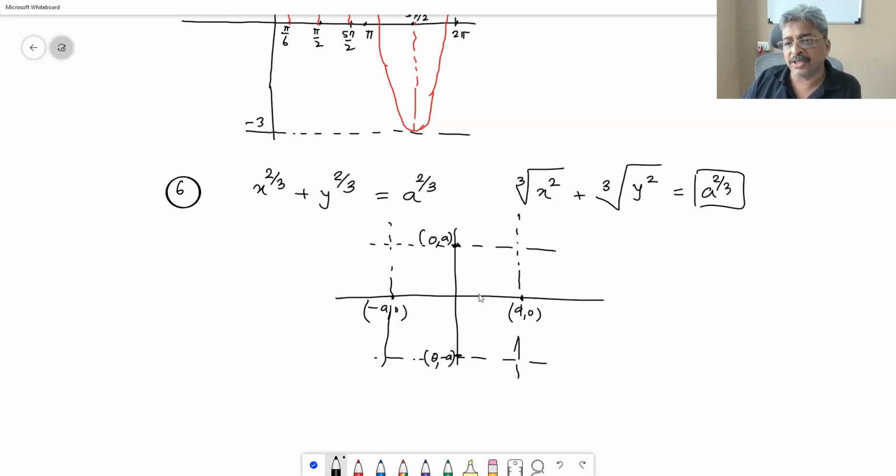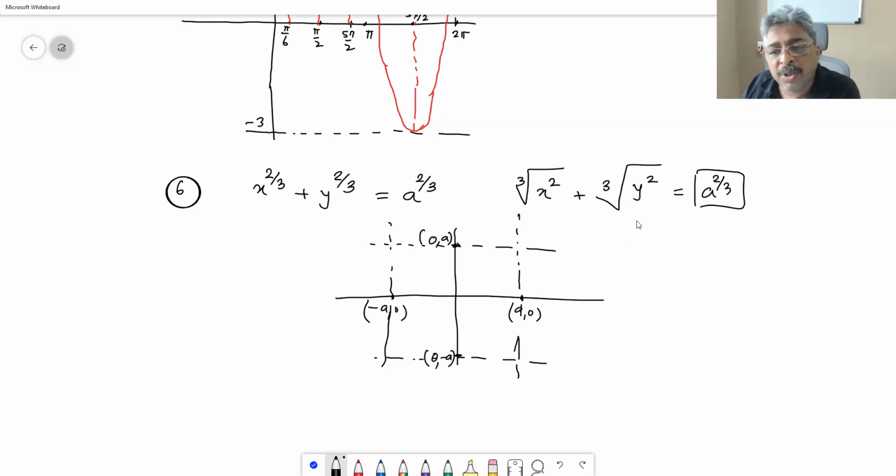The extent is done. So whatever is going to happen is going to happen in this square. Now, if I replace x by opposite of x, I get exactly the same function. Therefore, the graph is going to be symmetric about the y-axis. If I replace y by opposite of y, I get exactly the same function. Therefore, it is going to be symmetric about the x-axis. So if you sketch in the first quadrant, you have to reflect those sketches in the x-axis and y-axis to get the remaining 3. Suppose we put opposite of x in place of x, and opposite of y in place of y, then that point is also on the curve,